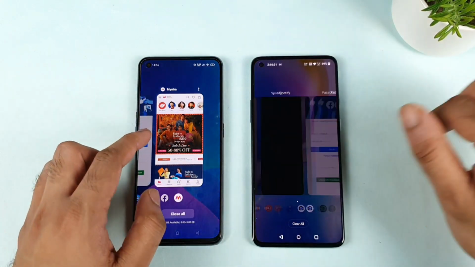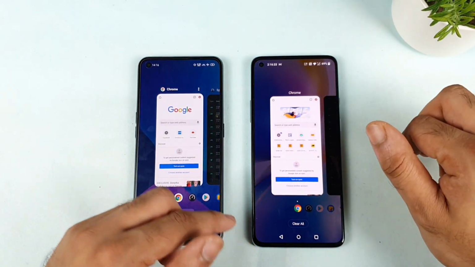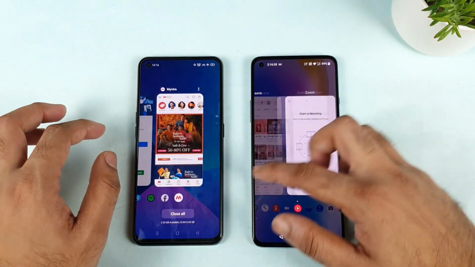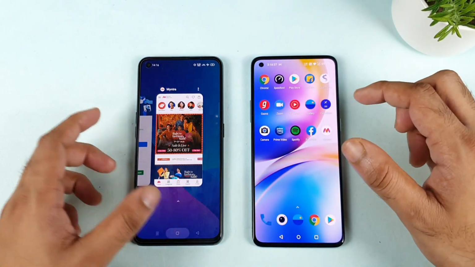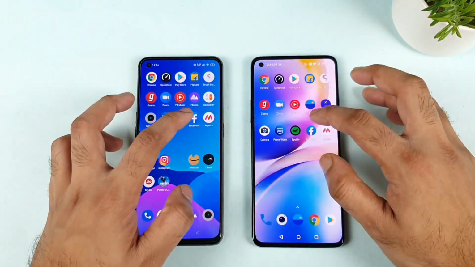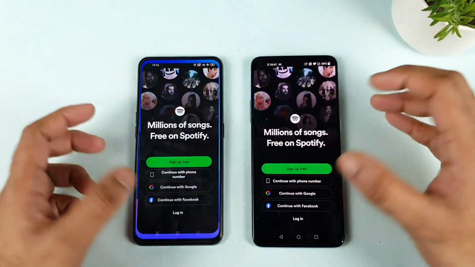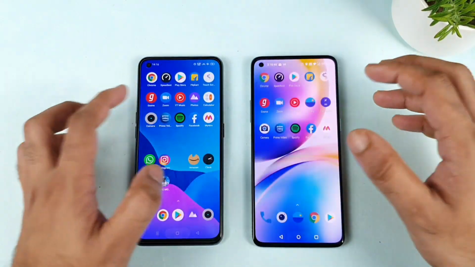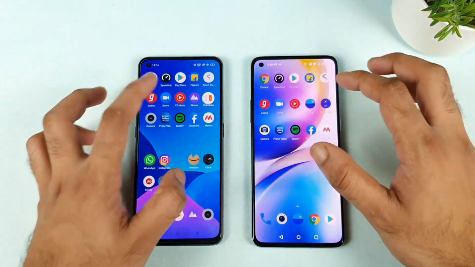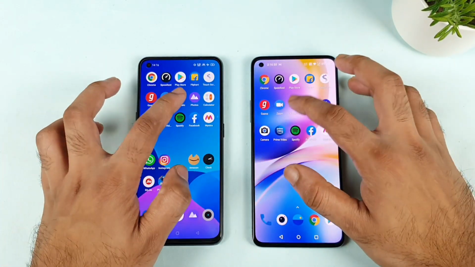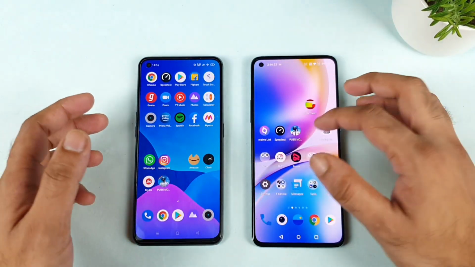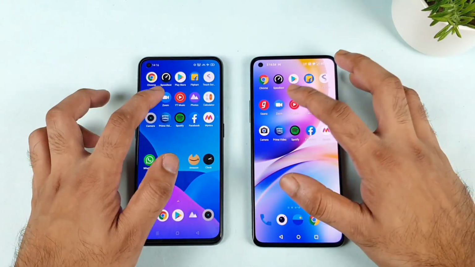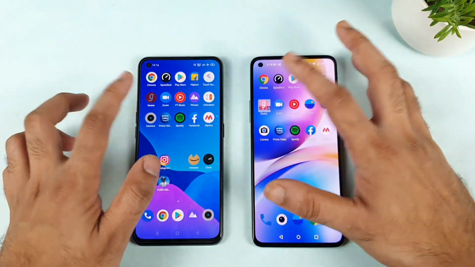Right now I have opened the 15 applications completely in the background. As you can see, everything is completely open. Now let's see how many applications will be in the background in both phones. This is going to be really interesting. I'm trying to be a little bit faster just to show you how each phone acts in terms of the speed test. Not bad. Both phones are doing great in terms of the opening speeds as well. As you can see, friends, clearly, not much complaints at this moment.